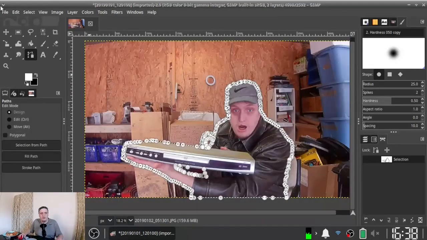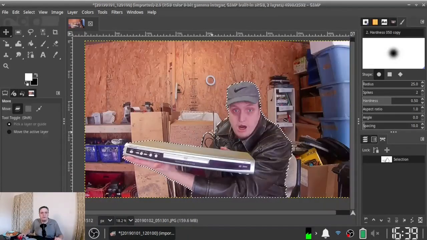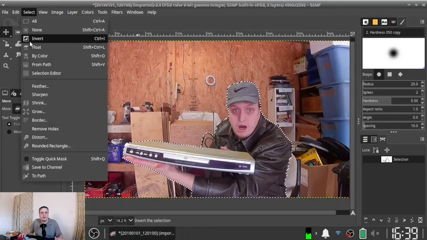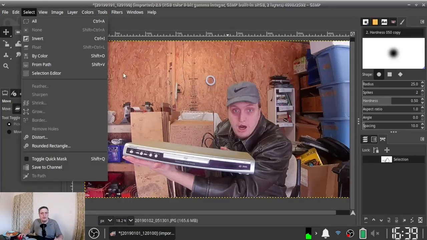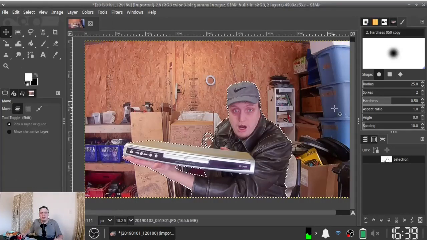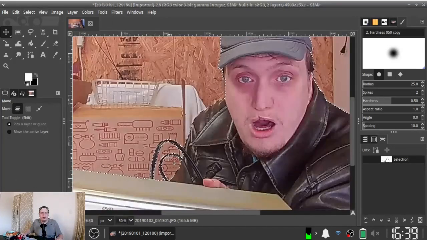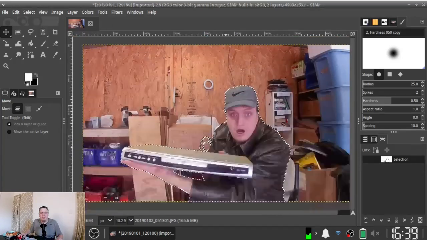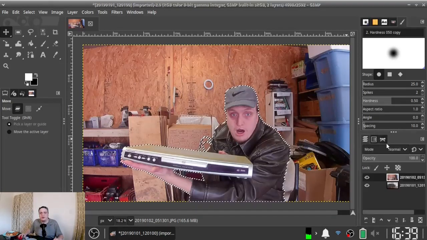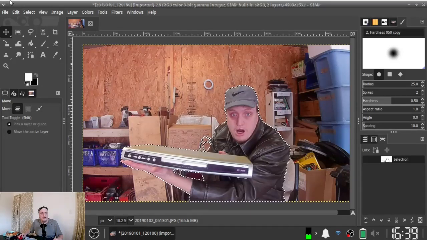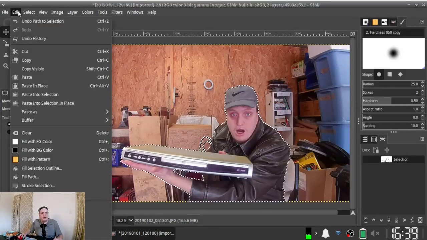So all I'm going to do is click off the path tool, and I'm going to go select none, and then I'm going to go select from path. And now it's going to put the selection over everything I've drawn a path around. In order for this to work, you have to also have the path selected over here on the path section right here. And then I'm just going to go edit,